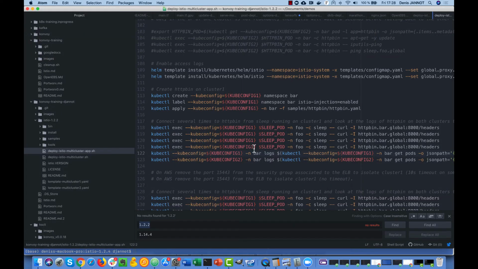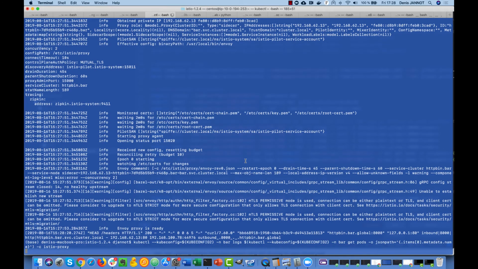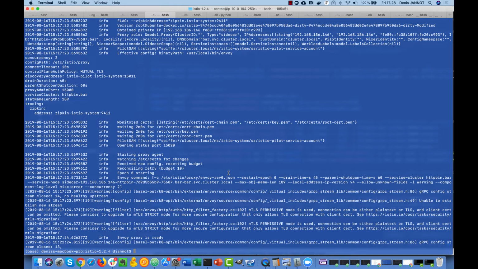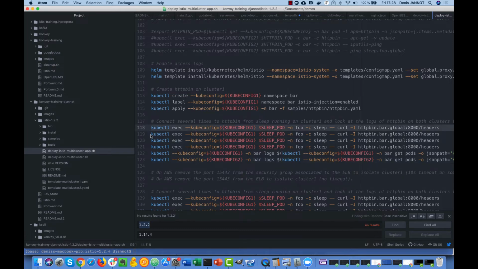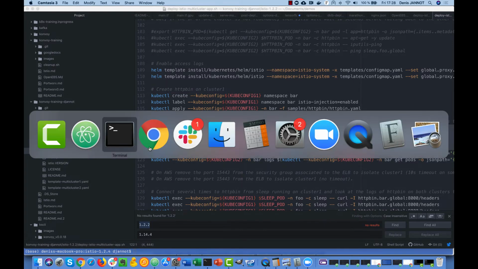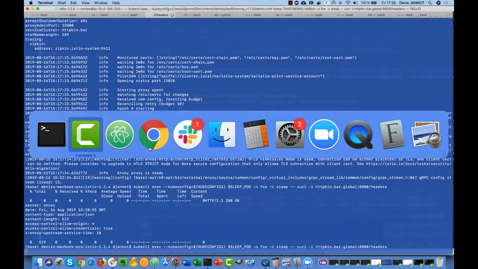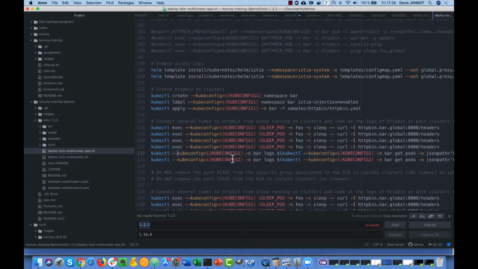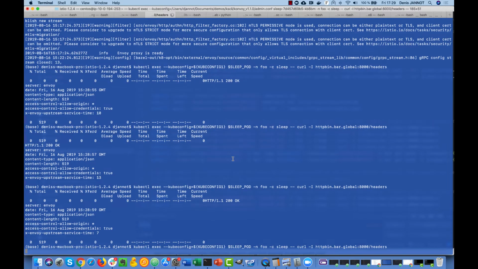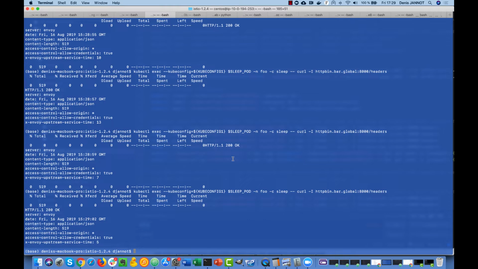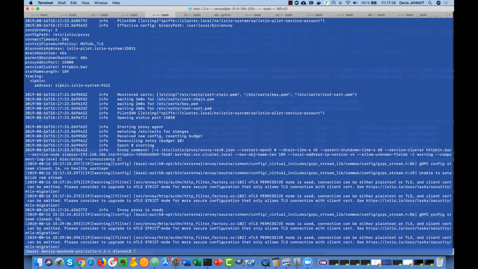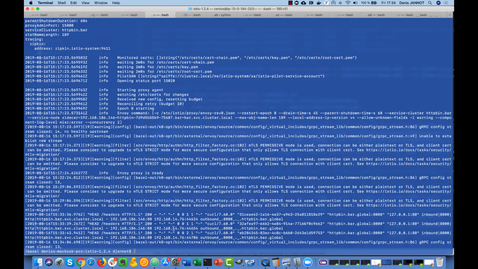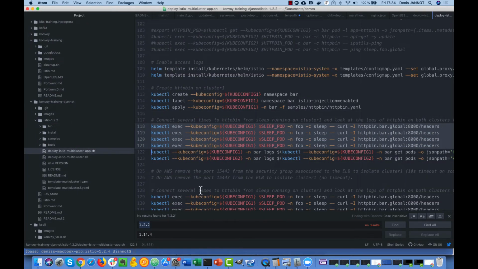So you see here I got one. Let me send more because it takes some time to activate the access logs. And I think I sent my request too fast, so check that again. And I check the access logs on both sides again. Yeah, I see I have two here, two more. So we get requests also on the second one.